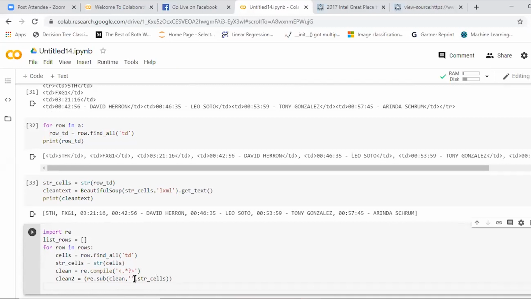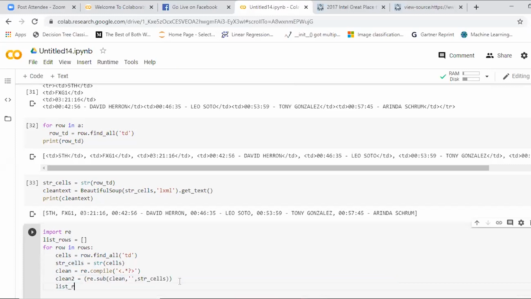See, clean, comma, space for original data, because we are substituting this one with the original one; this is the clean data, this is the original data. Space is the default thing which occupies, because we are using re.sub. We are substituting the original data with the previous data because we are cleaning the data.